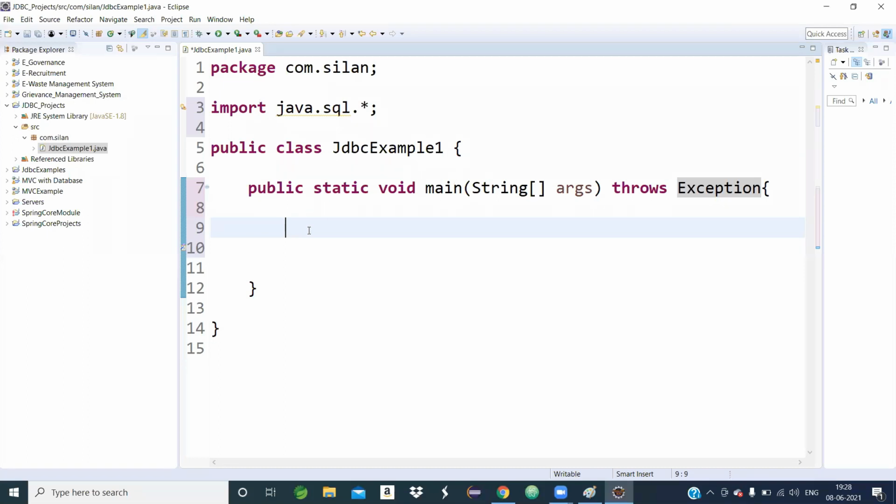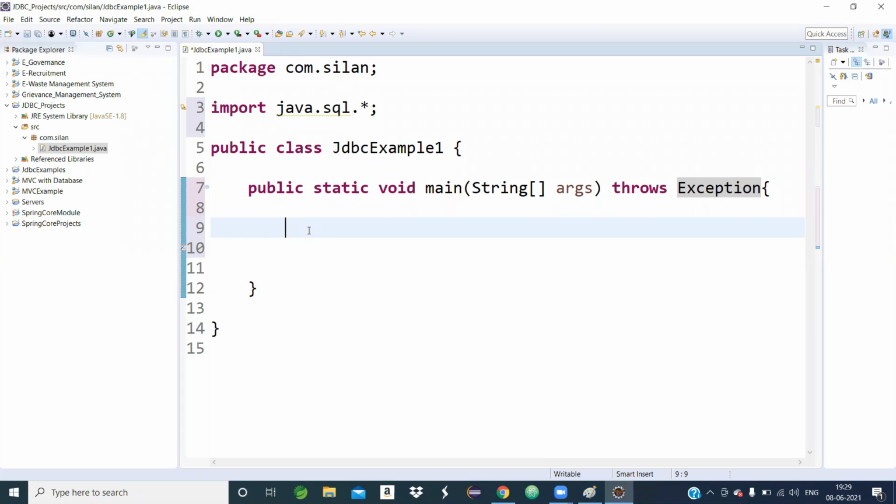Otherwise, write all the code within a try block, and after the try block specify a catch block. The very simple way is to write throws Exception. Clear? First point, I imported a package. Second point, since every JDBC program throws a checked exception, I specified throws Exception to handle it.